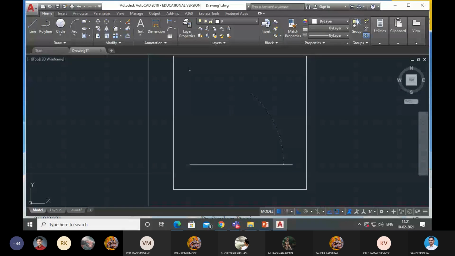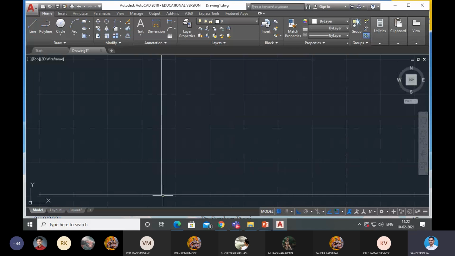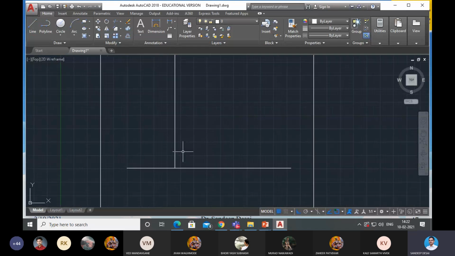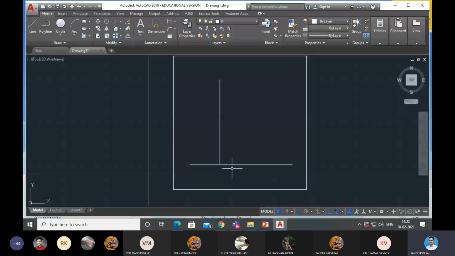Let us draw one more line, and then let us draw this line from this point, and let us check if it is correct. Check if both the lines are joined with each other. Okay, and then